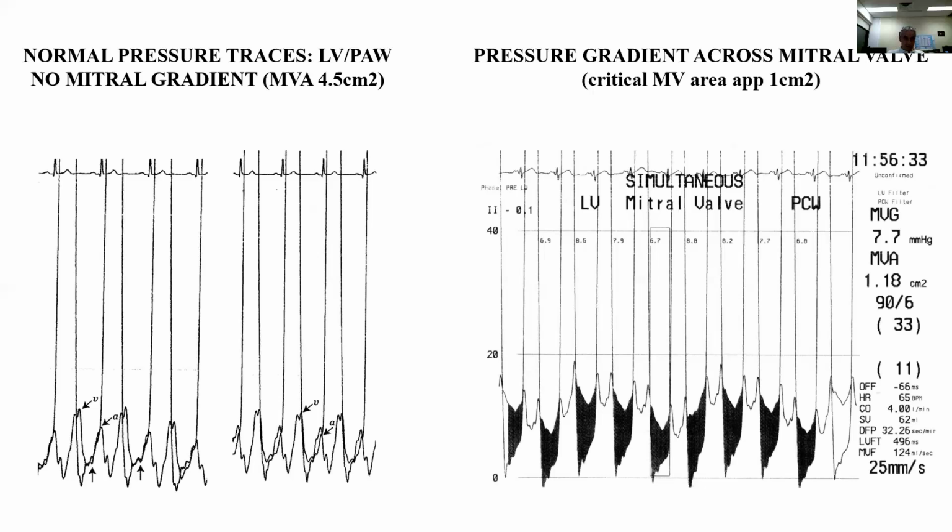This is the last slide, and it's simply the inverse of aortic stenosis. We can have mitral valve stenosis in the same way that you can have a systolic equalization for the aortic valve. The mitral valve is open in diastole. So when the mitral valve is open, the end diastolic pressure of the ventricle and the left atrium